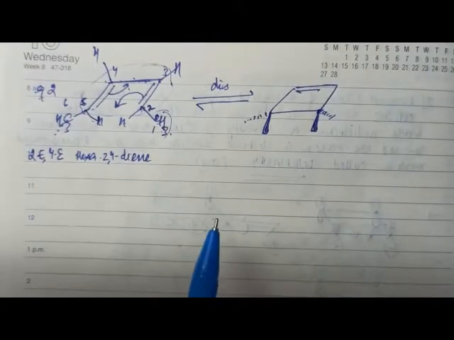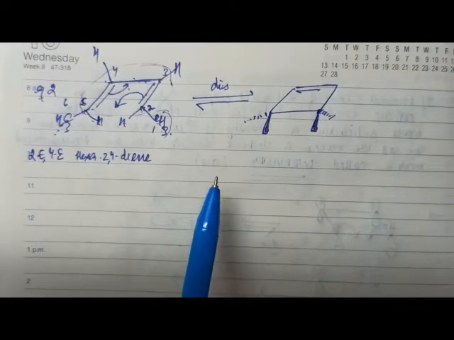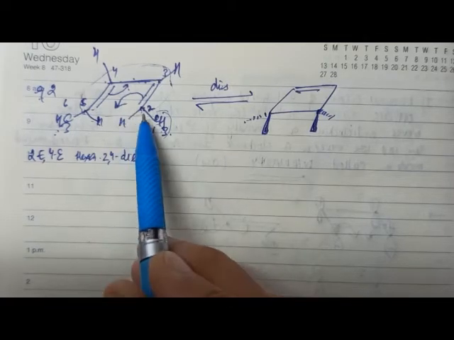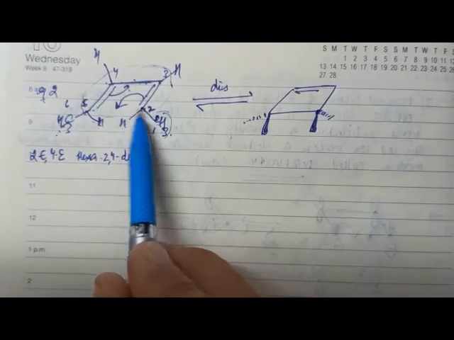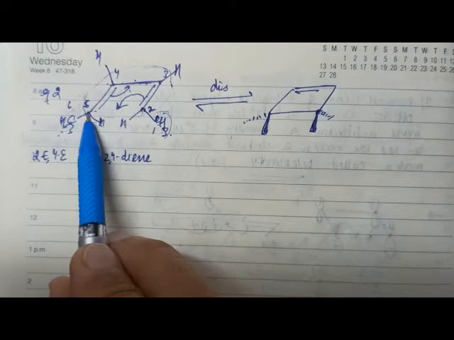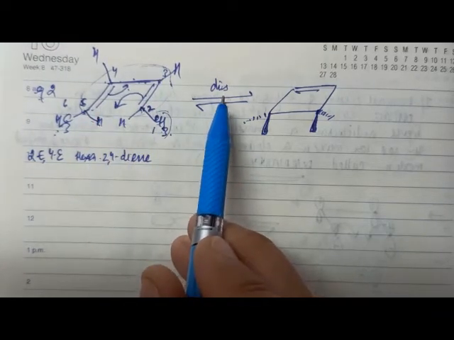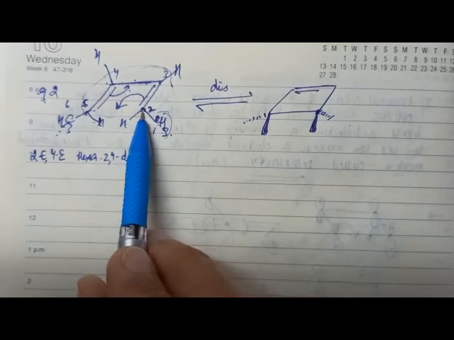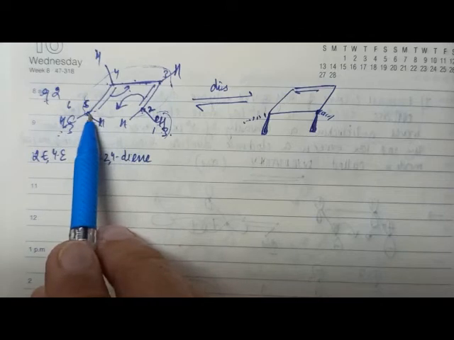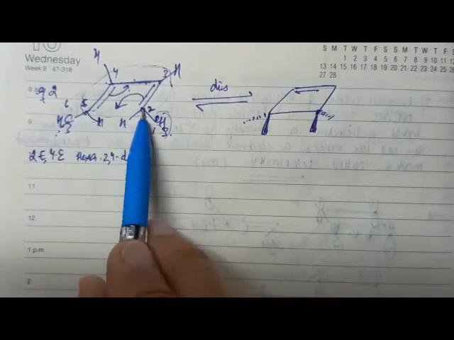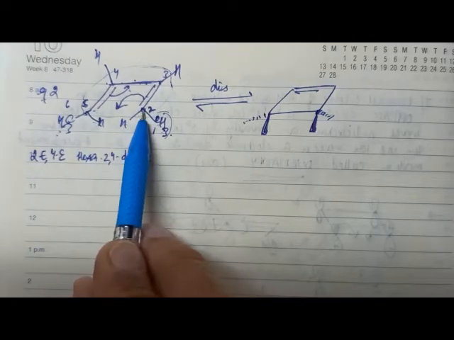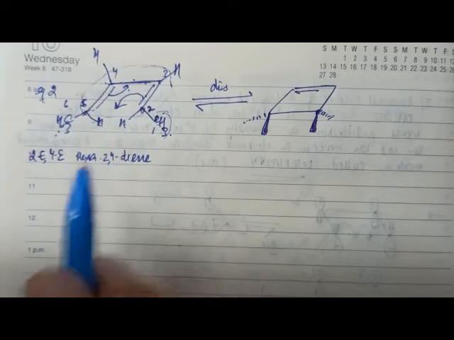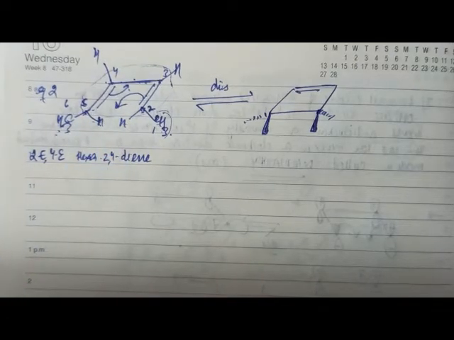The terminal p lobes of the conjugated polyene system. What are the terminal p lobes? The p lobe present at second position and the p lobe present at fifth position should close in such a manner that both lobes are moving in opposite directions. That means if the lobe on second is moving in a clockwise direction, the lobe on the fifth should move in an anti-clockwise direction. Or conversely, if the lobe on second is moving in an anti-clockwise direction, the lobe on fifth should move in a clockwise direction. We will consider both the closures.